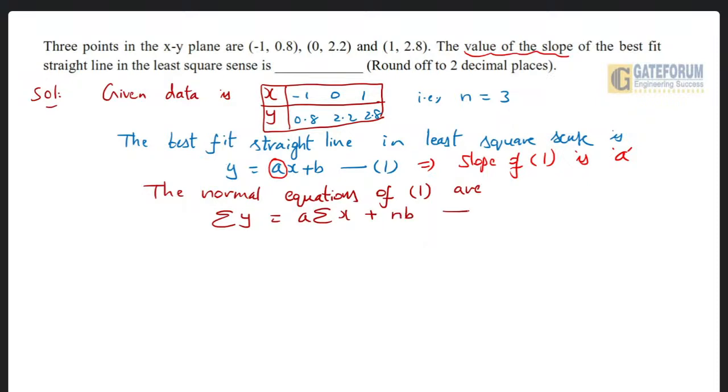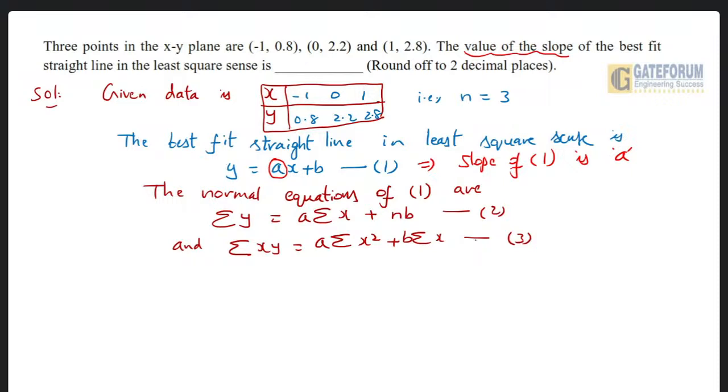Okay, this is equation 2. And multiply x on both sides, then operate sigma on both sides. So sigma x into y is equal to a times sigma x square plus b times sigma x. This is equation 3. Okay,